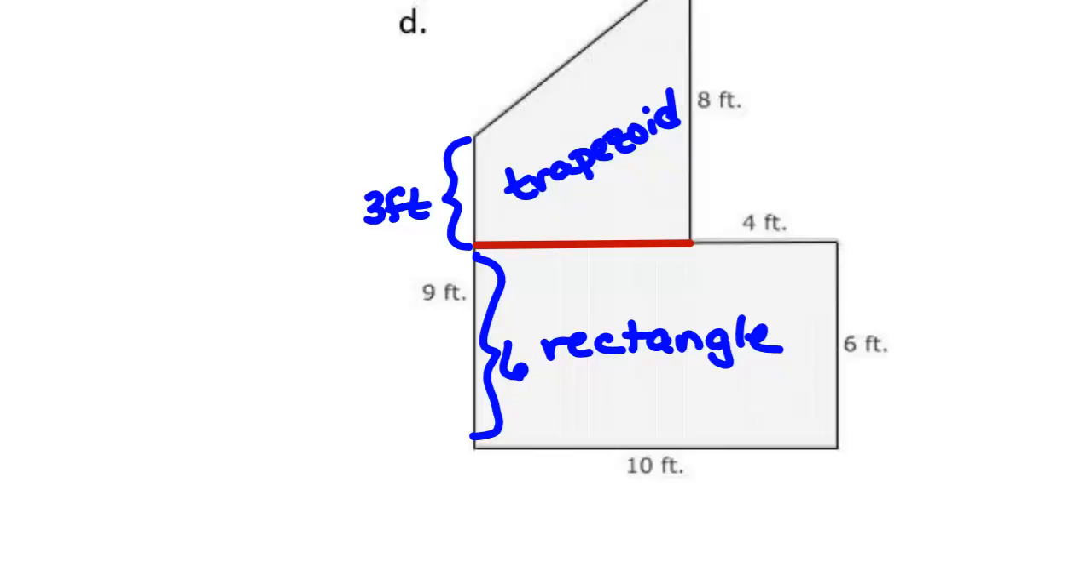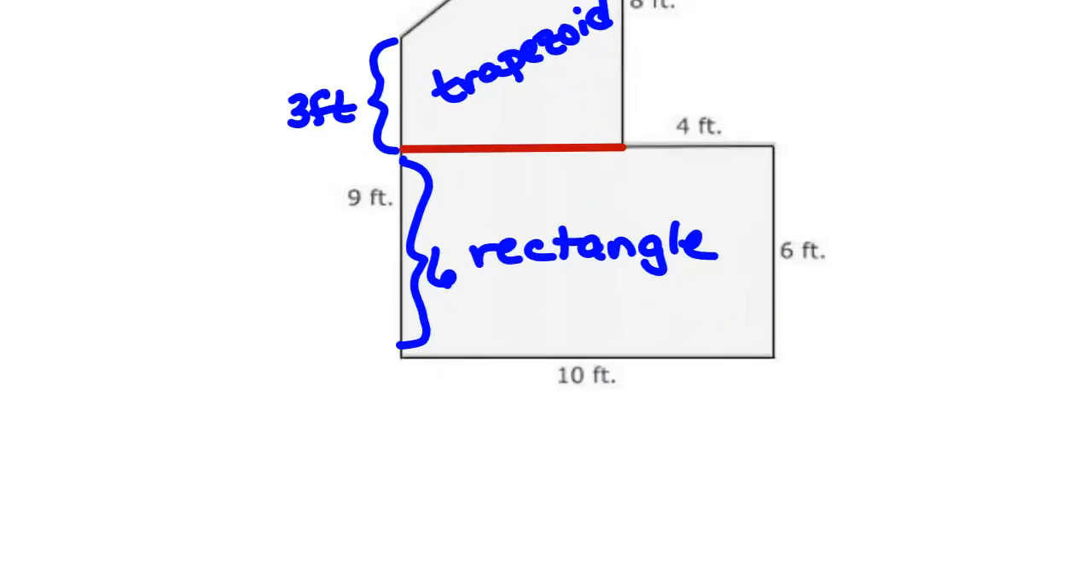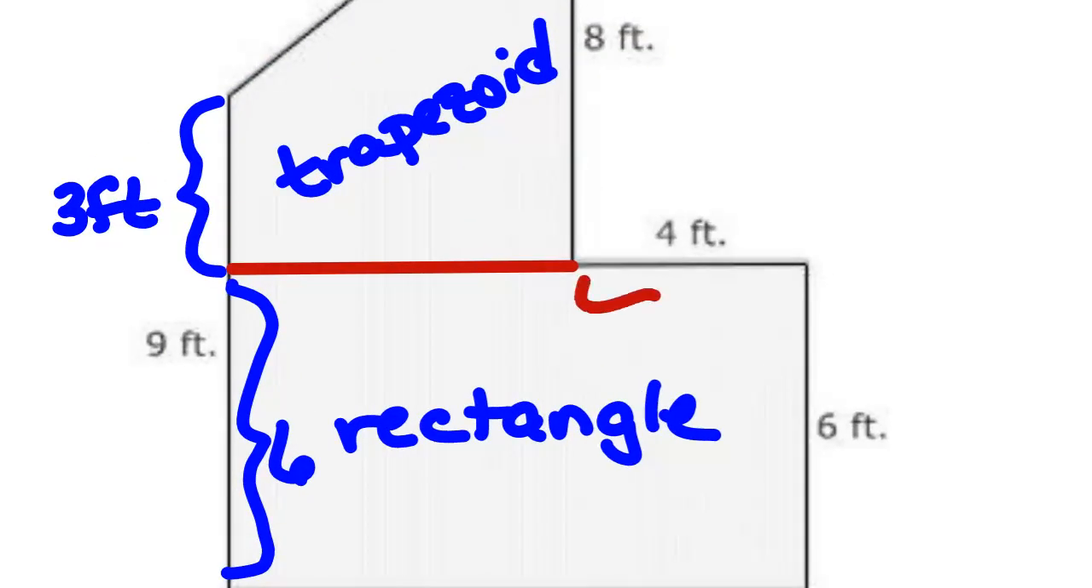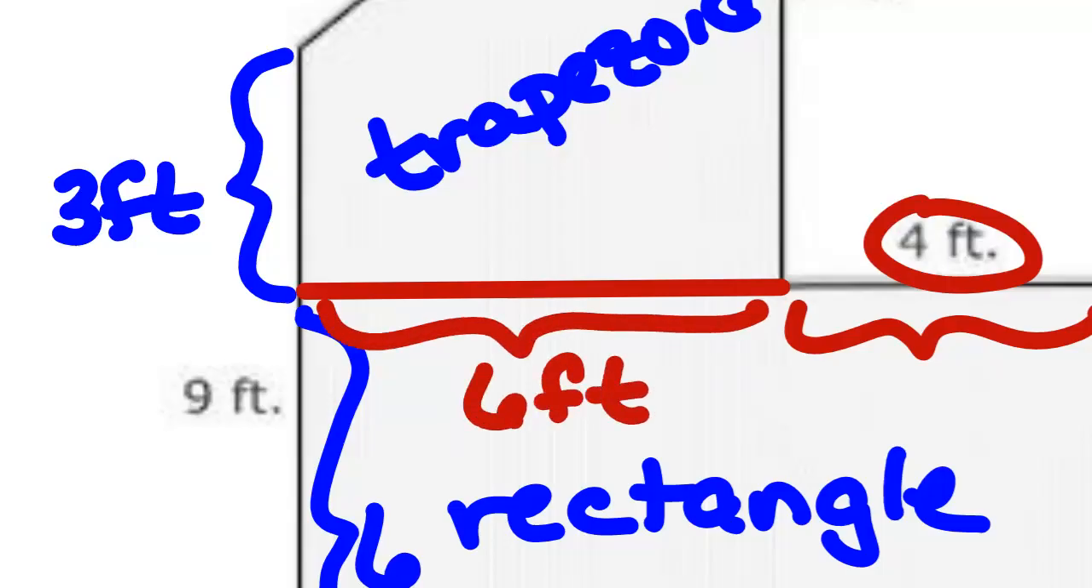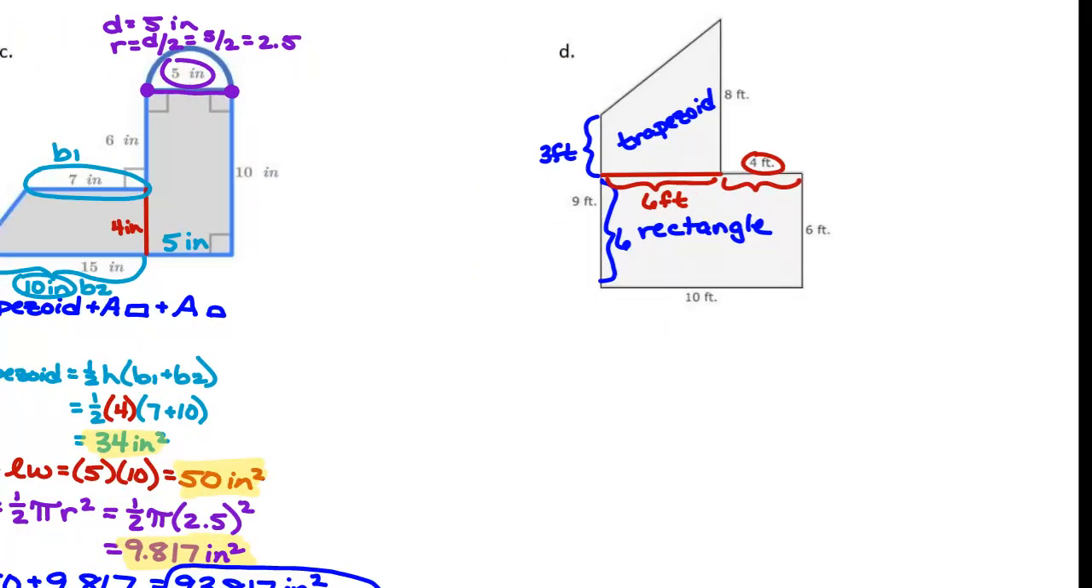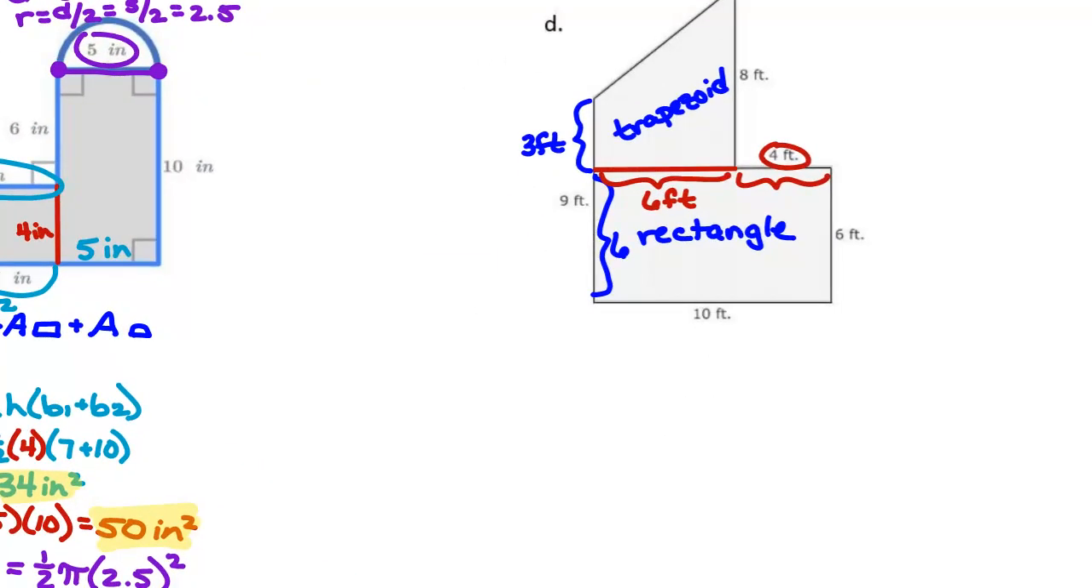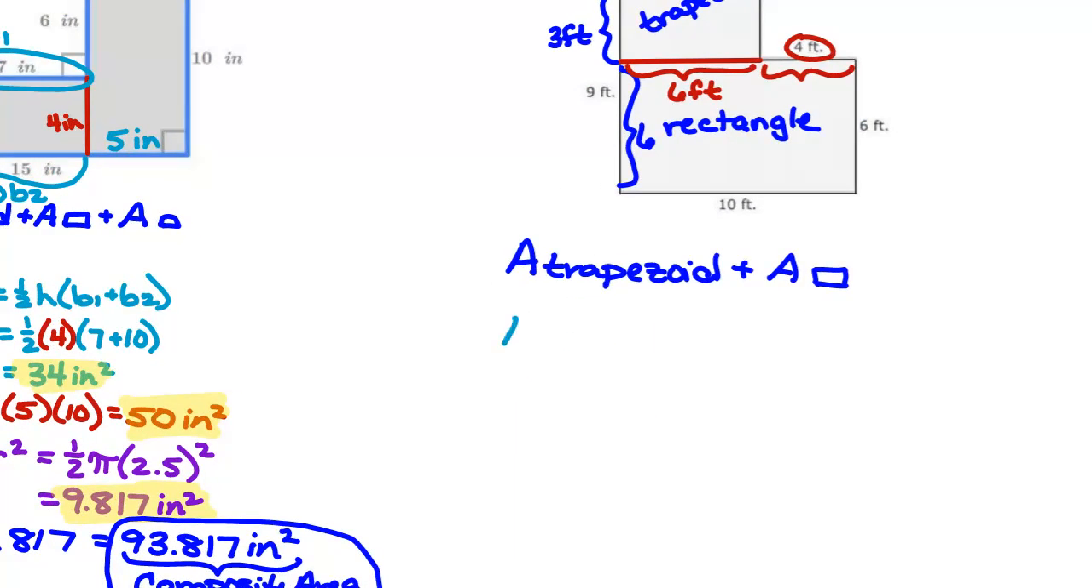All right, there's another length that I need to figure out. Across the bottom of my rectangle, it says it's 10 feet. This much is 4 feet. So how big is this? 6 feet. Because 6 plus 4 gives me 10. All right. We need the area of the trapezoid, plus the area of the rectangle. The area of the trapezoid